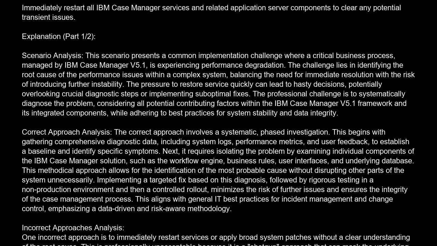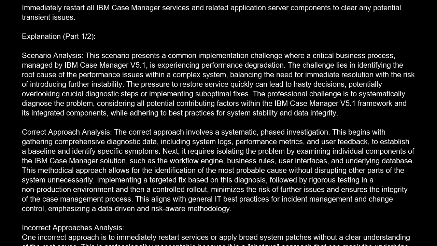The professional challenge is to systematically diagnose the problem, considering all potential contributing factors within the IBM Case Manager V5.1 framework and its integrated components, while adhering to best practices for system stability and data integrity. Correct approach analysis. The correct approach involves a systematic, phased investigation. This begins with gathering comprehensive diagnostic data, including system logs, performance metrics, and user feedback, to establish a baseline and